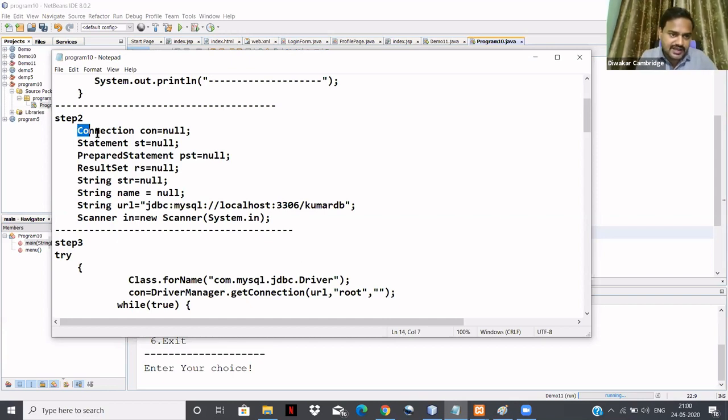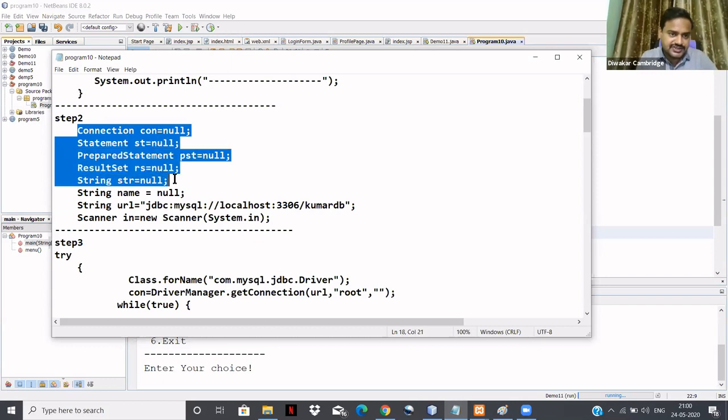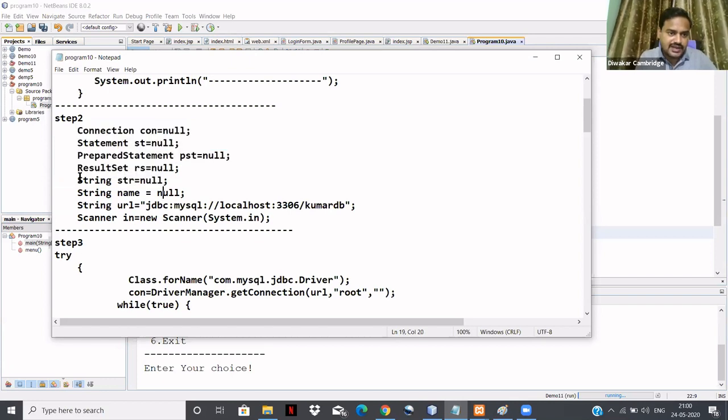What are the interfaces I am going to use here? Connection, Statement, PreparedStatement, ResultSet, String. All these interfaces I am going to use. Then I am going to initialize the string with null, name with null, and URL, and I am going to create an object of the Scanner class.